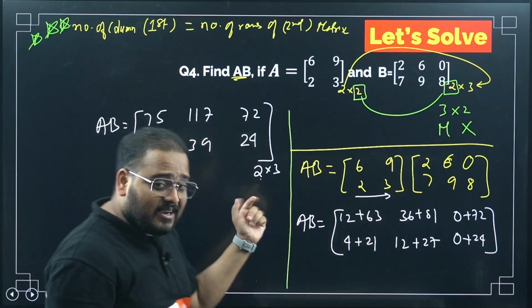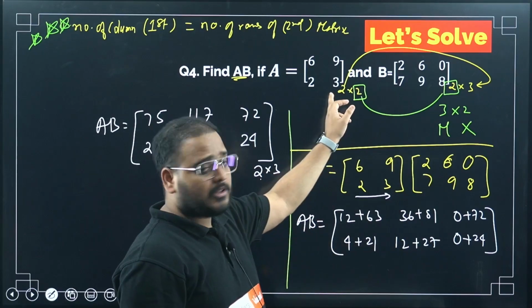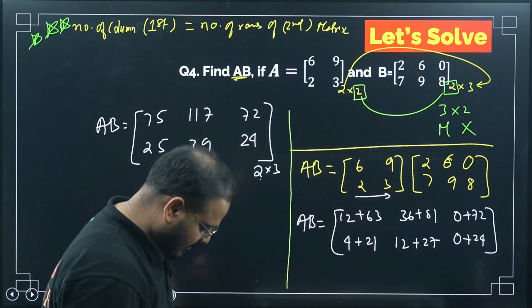Next thing, the resulting matrix will have the order equal to the rows from the first matrix and the columns from the second matrix. Okay,